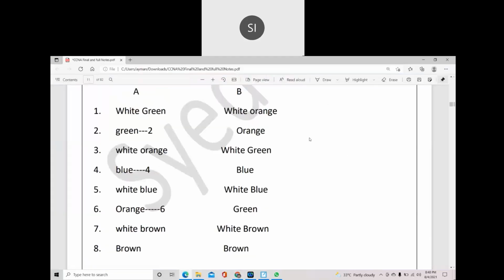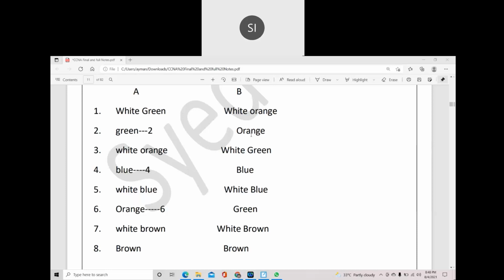Here you can see I am putting two rows: one is the A row, the next is the B row. A row: white green, green, white orange, blue, white blue, orange, white brown, brown. B row: white orange, orange, white green, blue, white blue, green, white brown, brown.